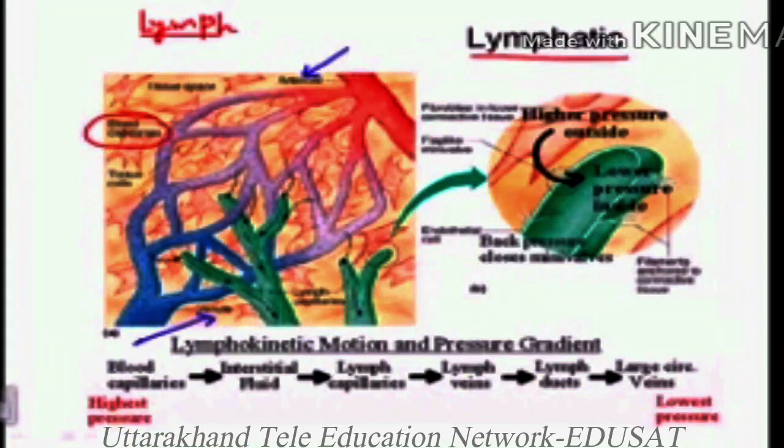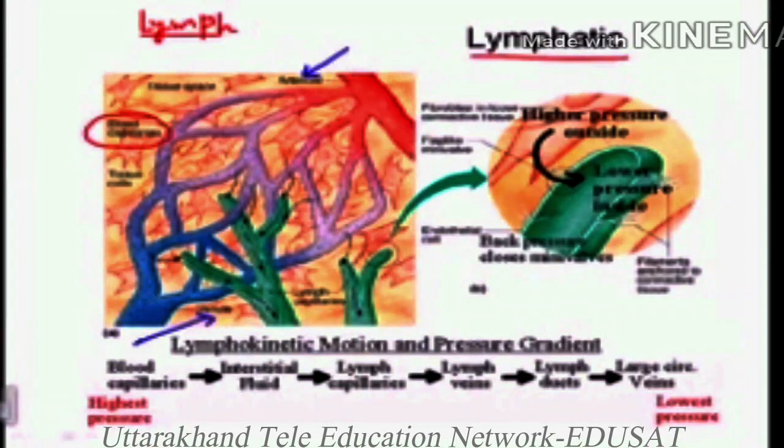In this position, the pressure in the extracellular space is higher than the pressure that resides in the lymph capillaries. We know that there is always a tendency for liquid to move from a higher pressure region to a lower pressure region. What happens to what comes out from the blood capillaries into the extracellular space? As it has the higher pressure, it can easily enter the lymph capillaries by diffusion and then move through these lymph capillaries.